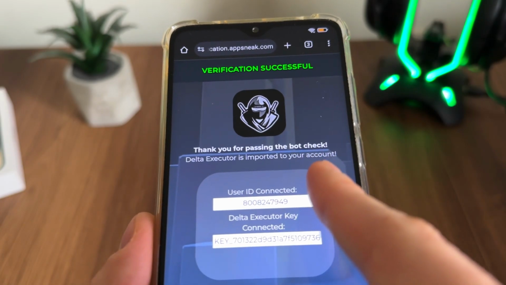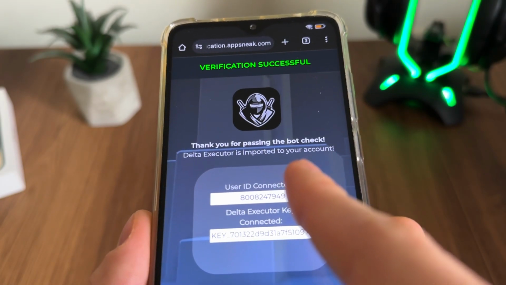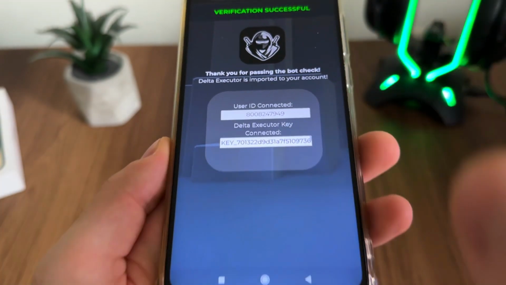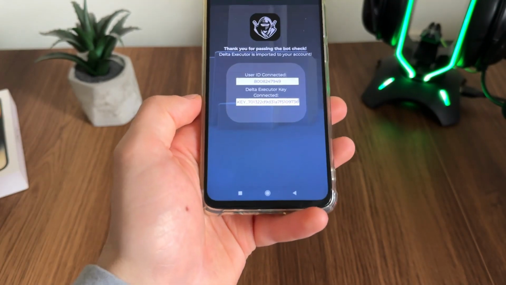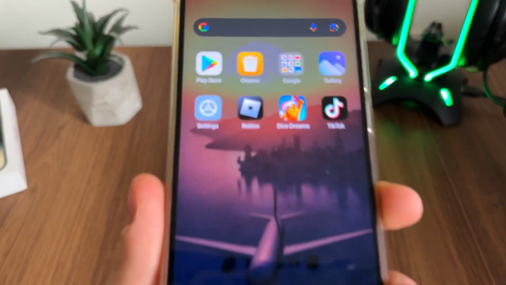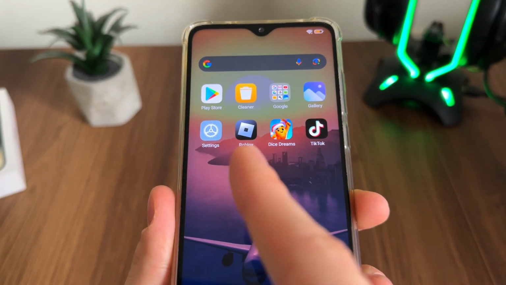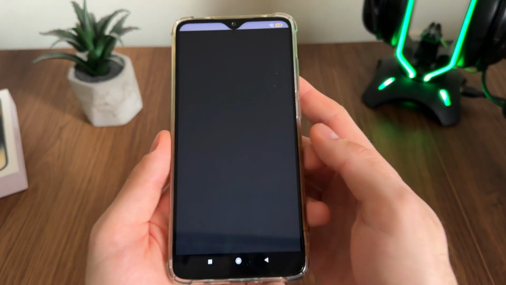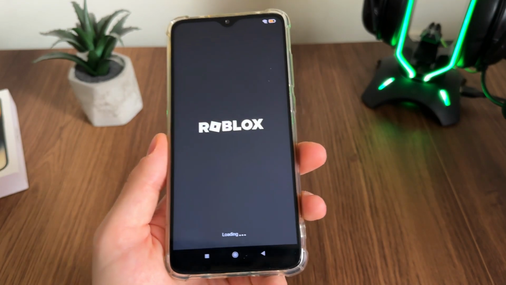Thank you for passing the bot check. Delta Executor is imported to your account, guys. Our user ID and our Delta Executor key. Nice, guys, we got it with a working key for absolutely free. So the last step is to open our Roblox and to test our Fisch Macro. Does it actually work? So let me go to Roblox